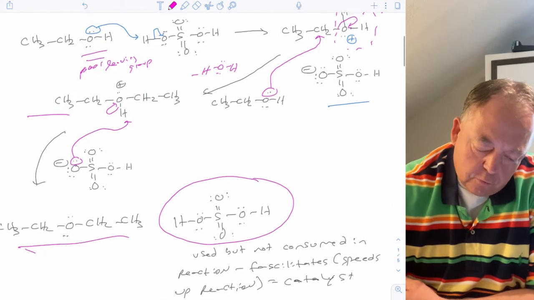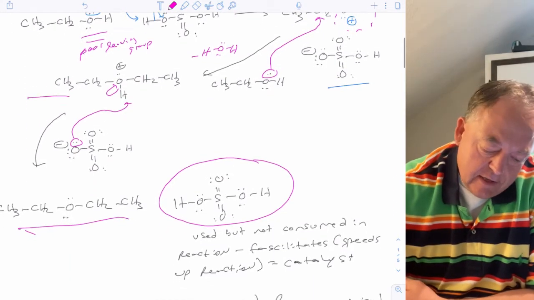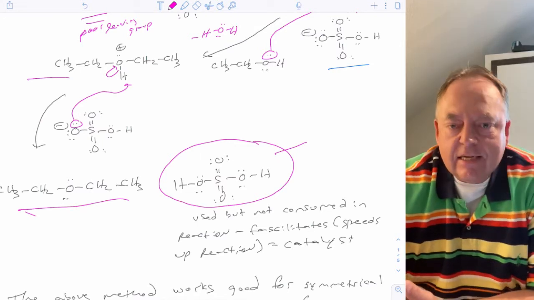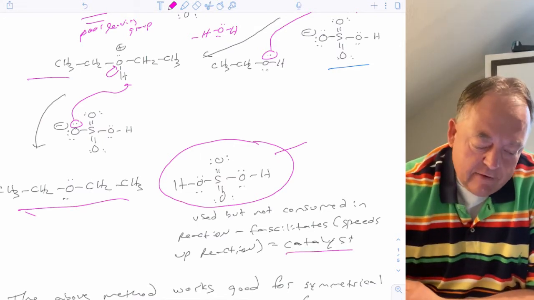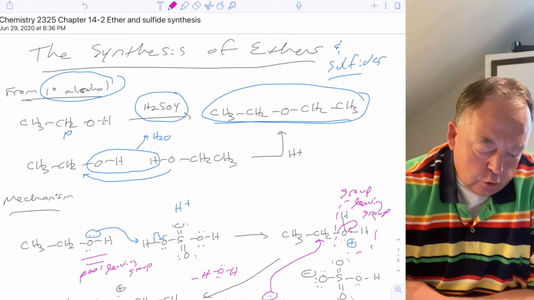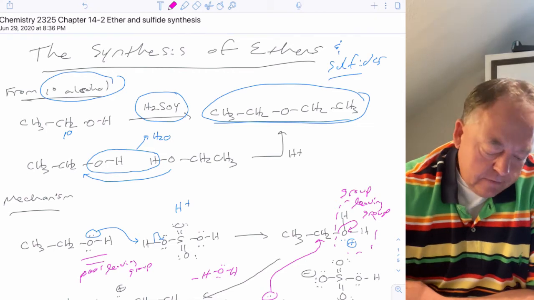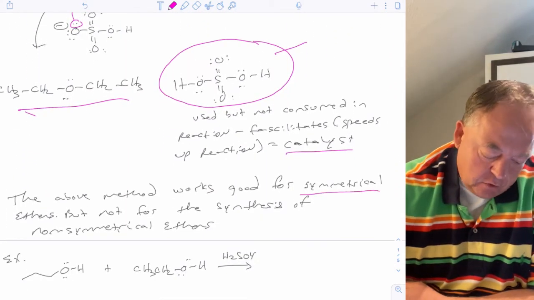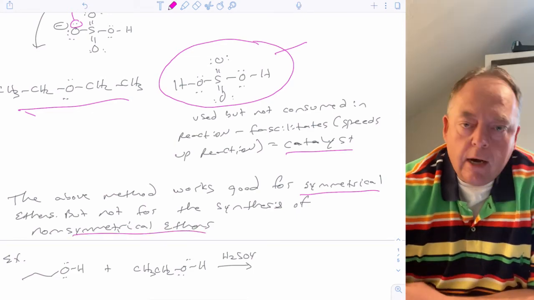So the H2SO4 sped up the reaction in that sense, but in the end you got it back, so it's not consumed, so that means it's a catalyst, right? So you don't need a lot of H2SO4 for this, just a drop or two to get the solution acidic, and then the reaction can occur. Okay, so this is a good way to make symmetrical ethers, but it's not a good way to make non-symmetrical